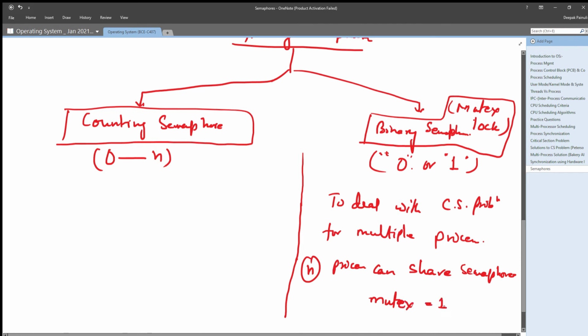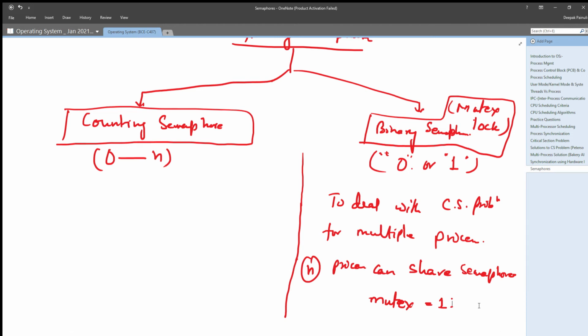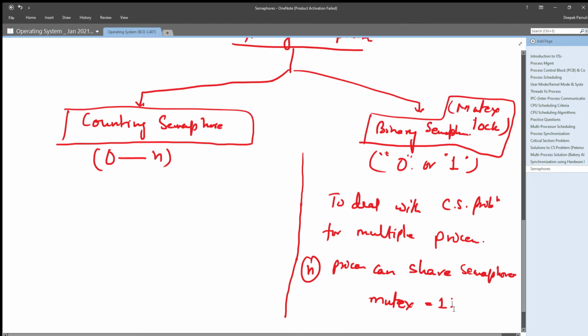The value of that mutex will be initialized using 1, and if the value is 0, that means someone is executing its critical section, right? So the binary semaphore could be used to deal with the critical section problem with multiple processes, right?